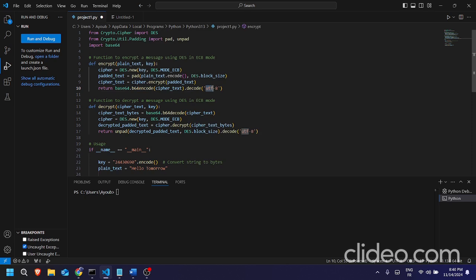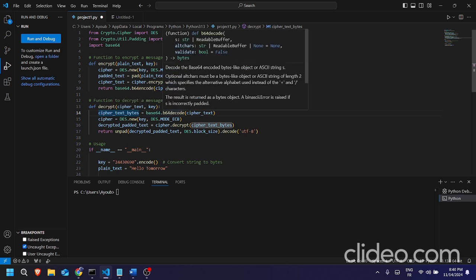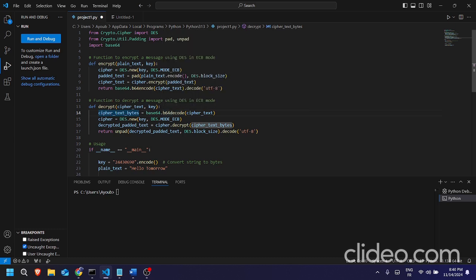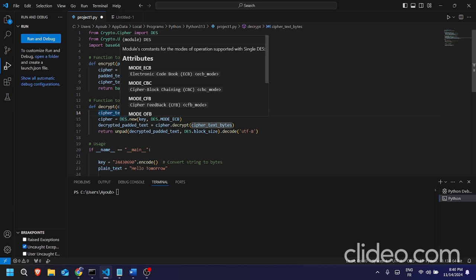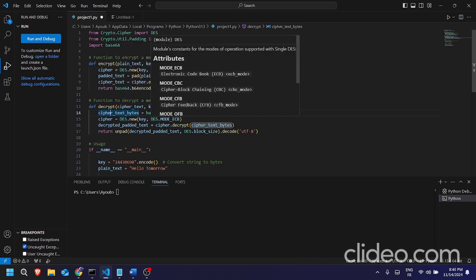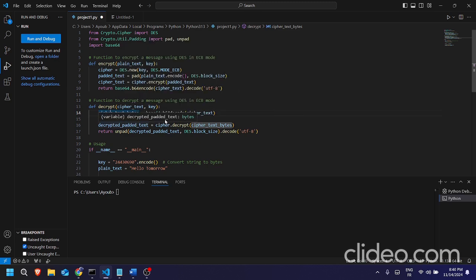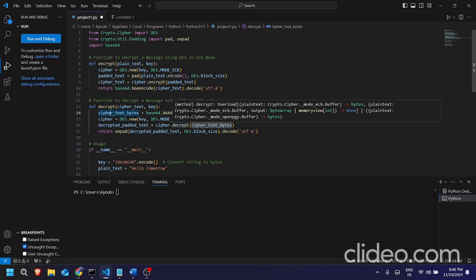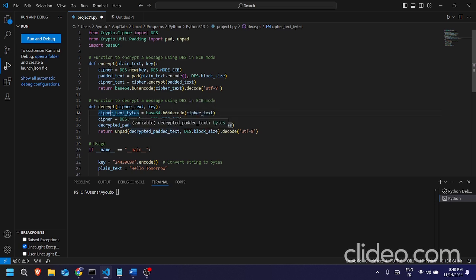ASCII code. And for the decryption, we have here our ciphertext. We're going to convert it from text to binary, and after that we're going to create another variable, so it has the key that we used before and the method of operation. We're going to call the function here decrypt, and we're going to put our ciphertext. So in the return, we're going to unpad to remove the added bits, and to convert from our ciphertext to our